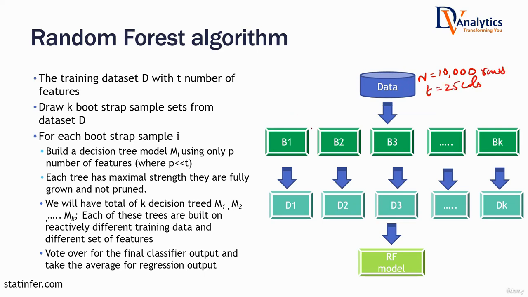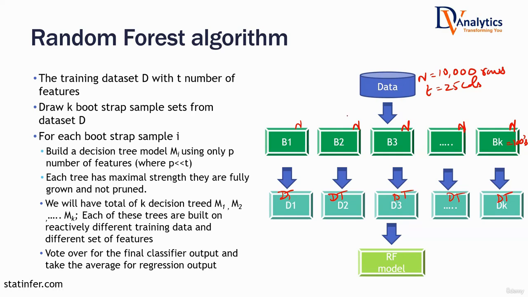You take this data and make k bootstrap samples or k bags. Usually k is a large number: hundreds, 200s, 300s of bags you will make. What will be the size of each bag? The size of each bag is 10,000. In general, it is n. Whatever is the size of your data, that will be the size of each bag. On each bag, you build a model. What kind of model? Since it is the random forest algorithm, we are specifically building a decision tree everywhere. Once you build that model, model building is done.